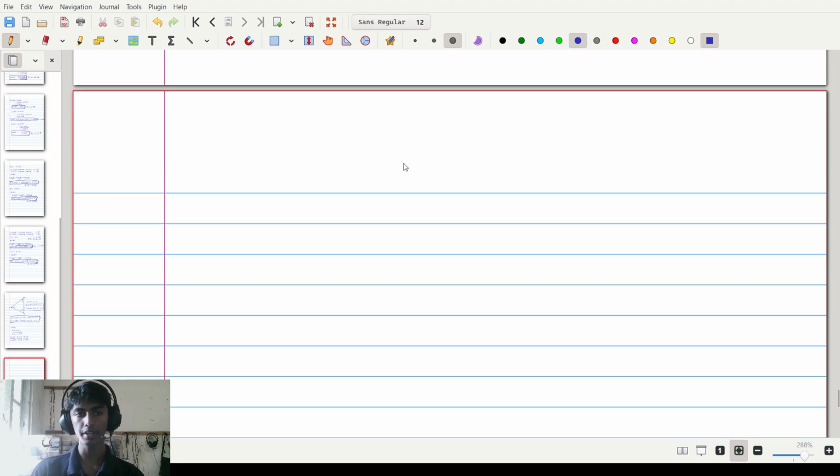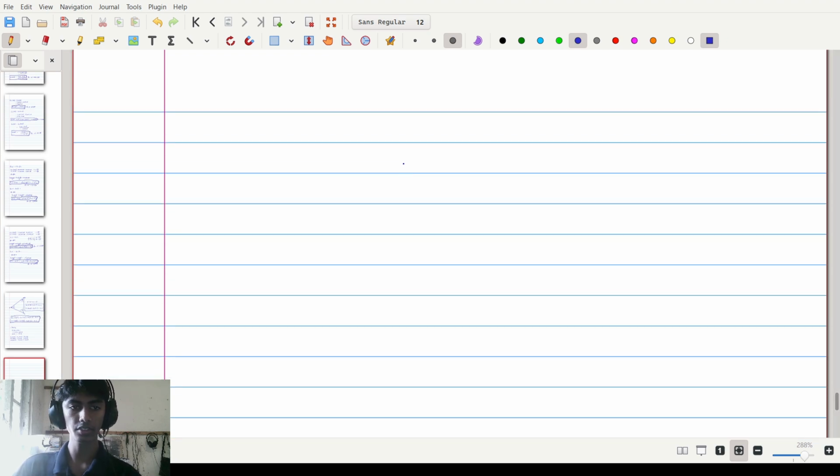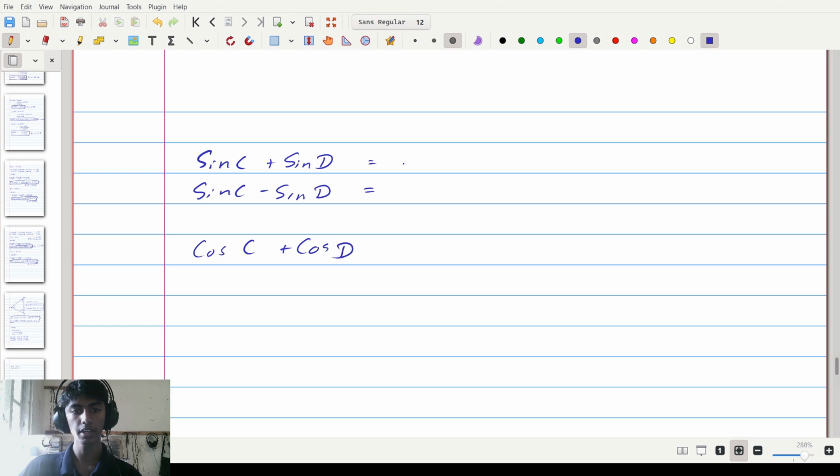We tried to find if we can write the sine of one angle C plus the sine of another angle D in terms of C and D's sines and cosines. We did. We also found sine of C minus sine of D in terms of that same method. We also found the cosine of some angle C plus the cosine of some angle D, and the cosine of some angle C minus the cosine of some angle D